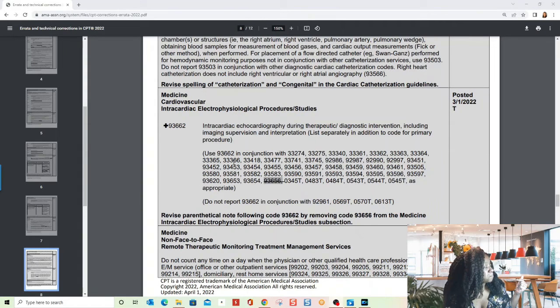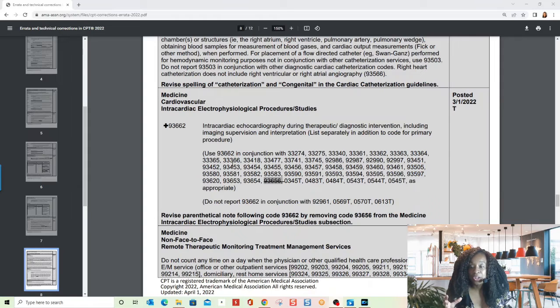And they talk specifically and give an example of a condition called DORV, double outlet right ventricle. That is a congenital heart disease. So it was my impression that the cath codes for 2021